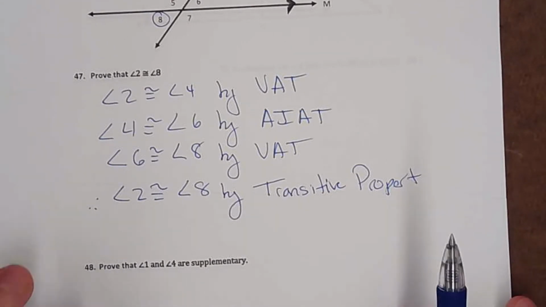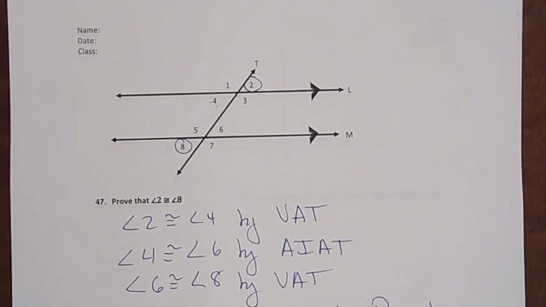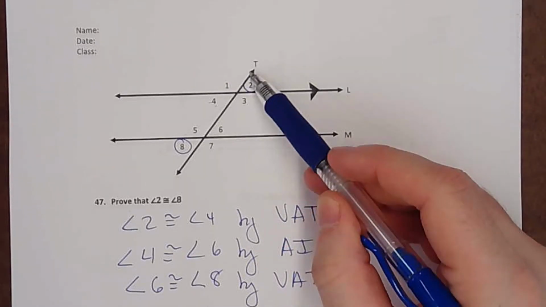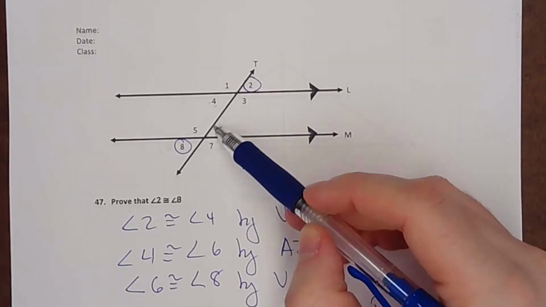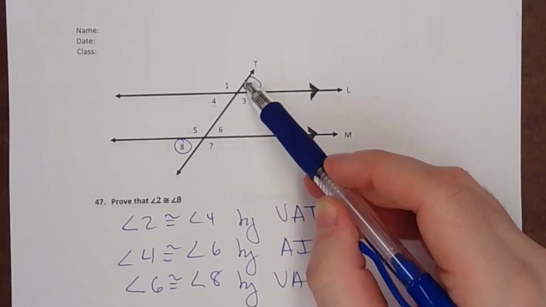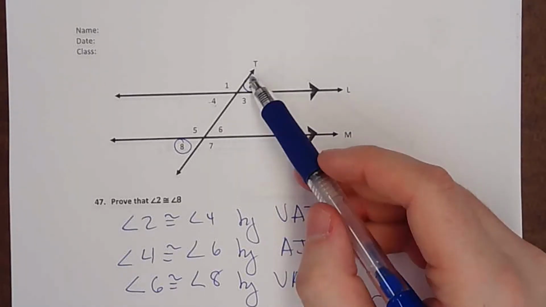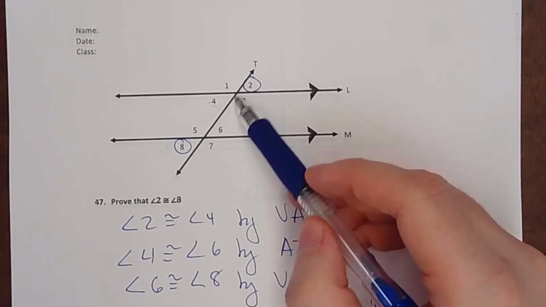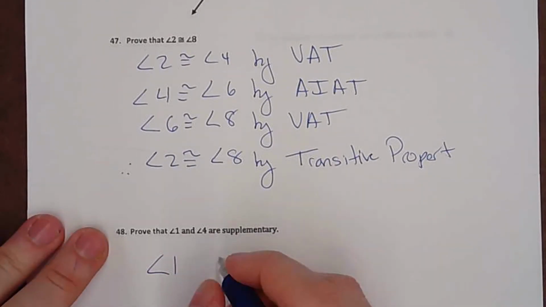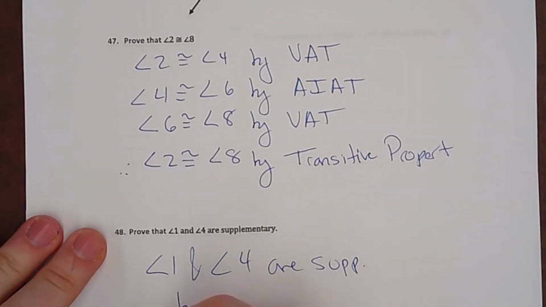Now, the next one, Kenny, 48, is much easier. Prove that 1 and 4 are supplementary. What do we know about angle 1 and 4? What do we notice? They're on a line, so what do we call that? Nope. I mean, this is a transversal, but 1 and 4. They're a linear pair. Remember that, Kenny? So angle 1 and angle 4 are supplementary by linear